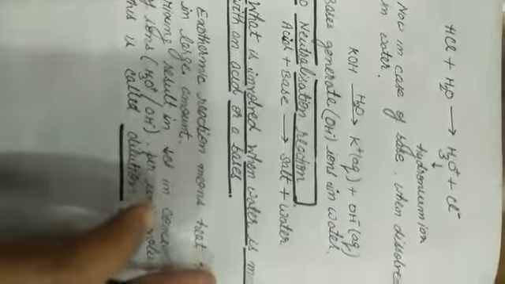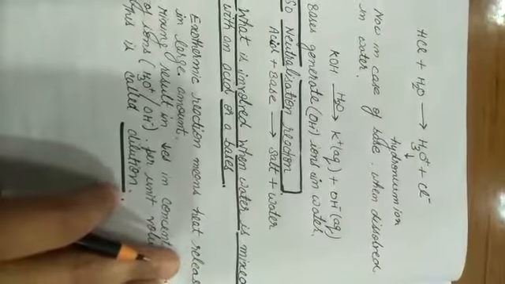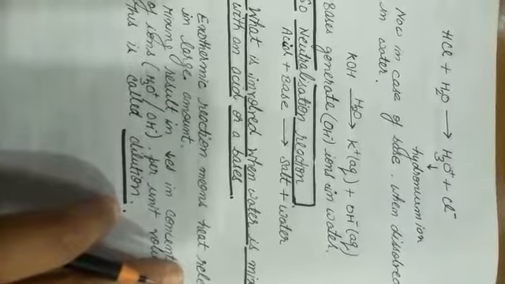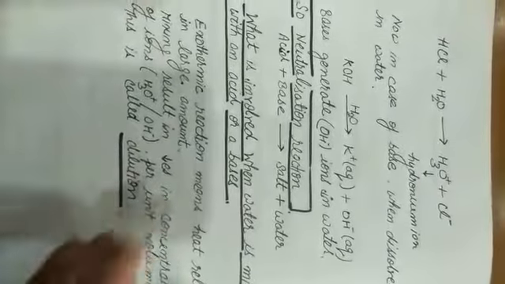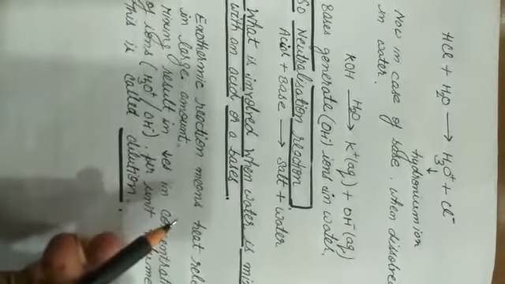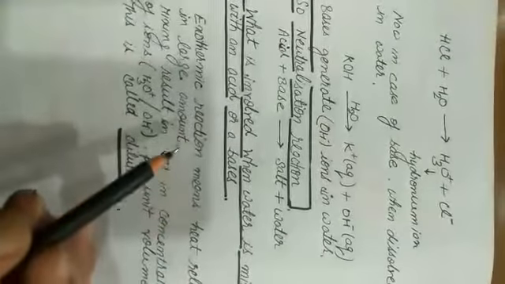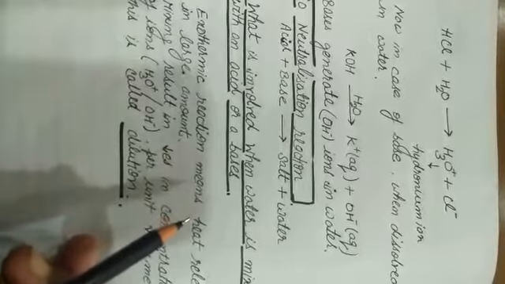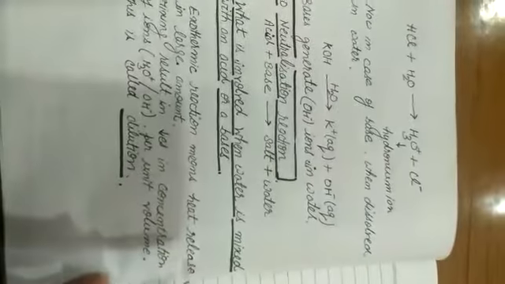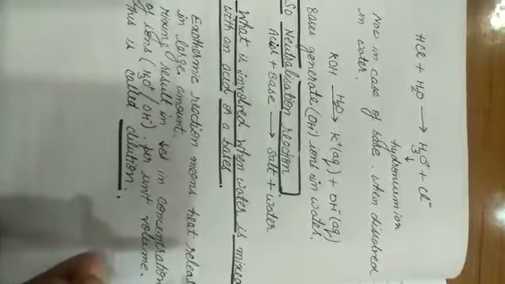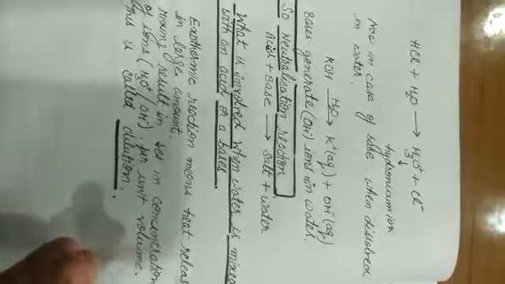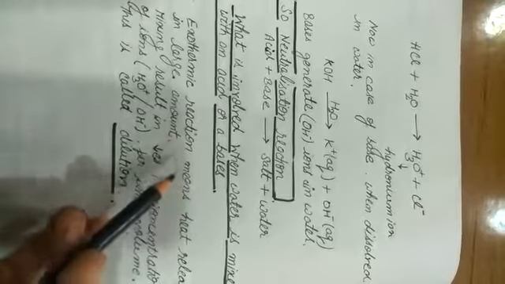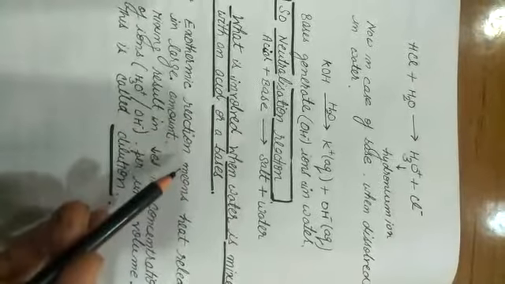What is involved when water is mixed with an acid or a base? As acids and bases are highly concentrated, when we add water to them, an exothermic reaction takes place. Exothermic means when we add water to an acid, a large amount of energy or heat is evolved. When heat is evolved we say it is an exothermic reaction.